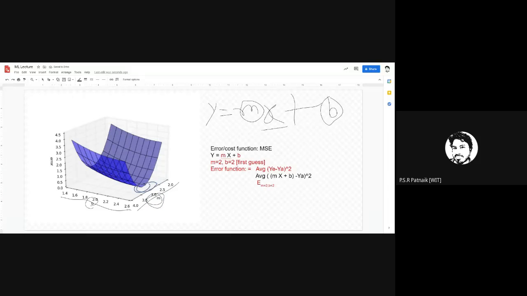So during your training, you might see when you said m is equal to 2, b is equal to 2. So where is m is equal to 2? m is equal to 2 here. This is the point. And where is b is equal to 2? b is equal to 2 is this point. So somewhere here at this point you are, when you assumed m is equal to 2, b is equal to 2. So after iteratively training, from this point, you have to keep on changing m and b such that you will come to the lowest error point here. And the moment you come to the lowest error point here, your training stops.